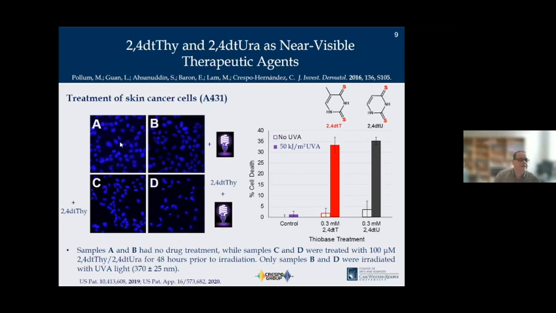But as shown here, what you see is using a fluorescent dye. So this is the nucleus of the cell. And in panel A, what you see is that the nucleus looks spherical, round in shape. And that's what you would expect for a healthy cell that is alive. And then in panel B, when we shine the cells with the light that we use, which is 395 nanometer, the cells do not die, so they stay healthy and alive. Which is what you want. If you add the